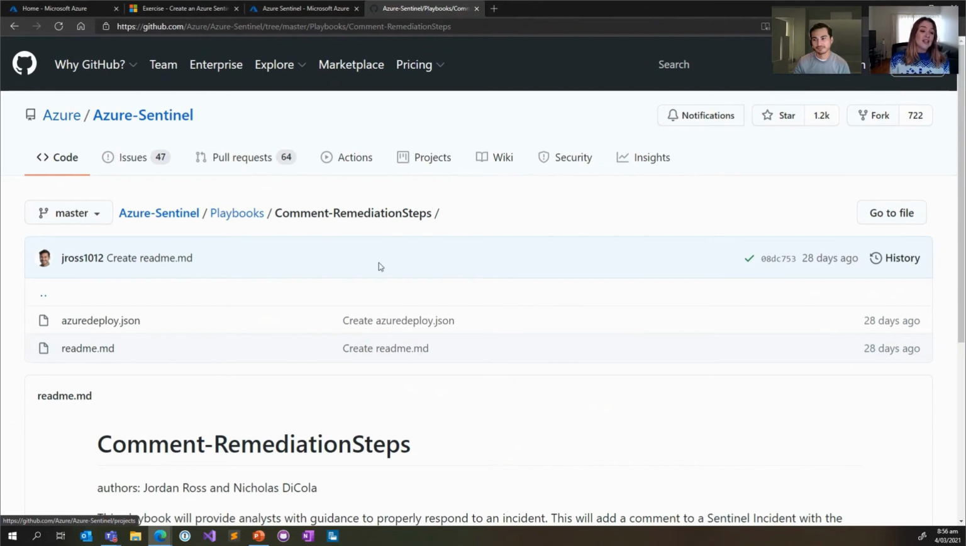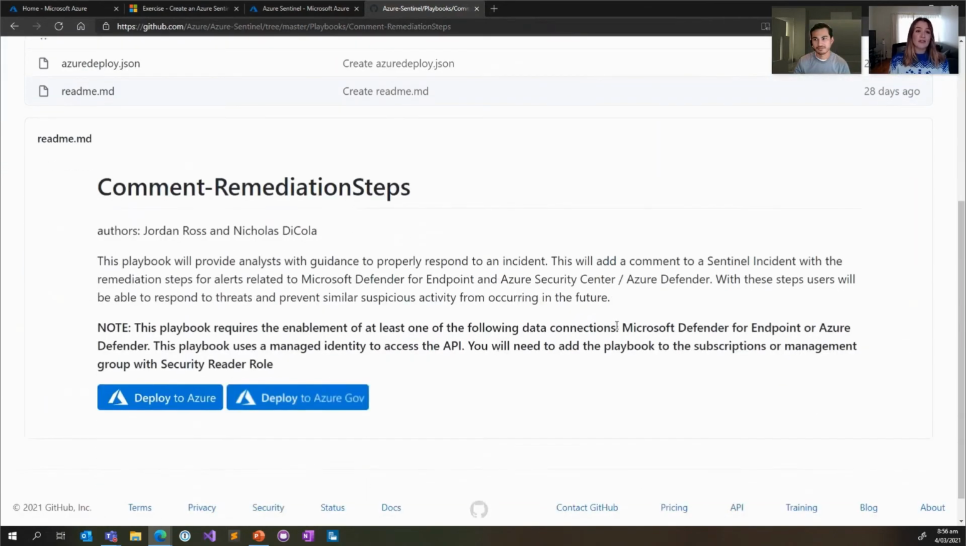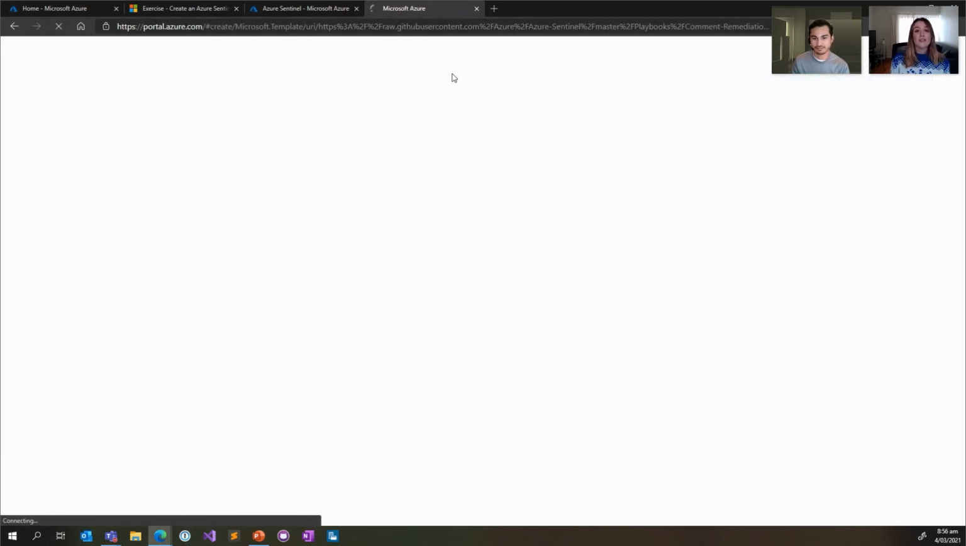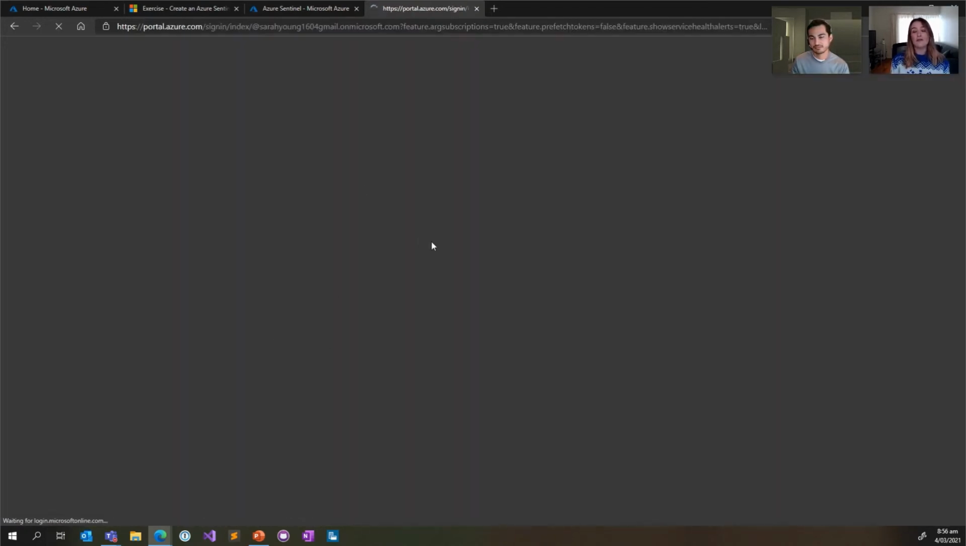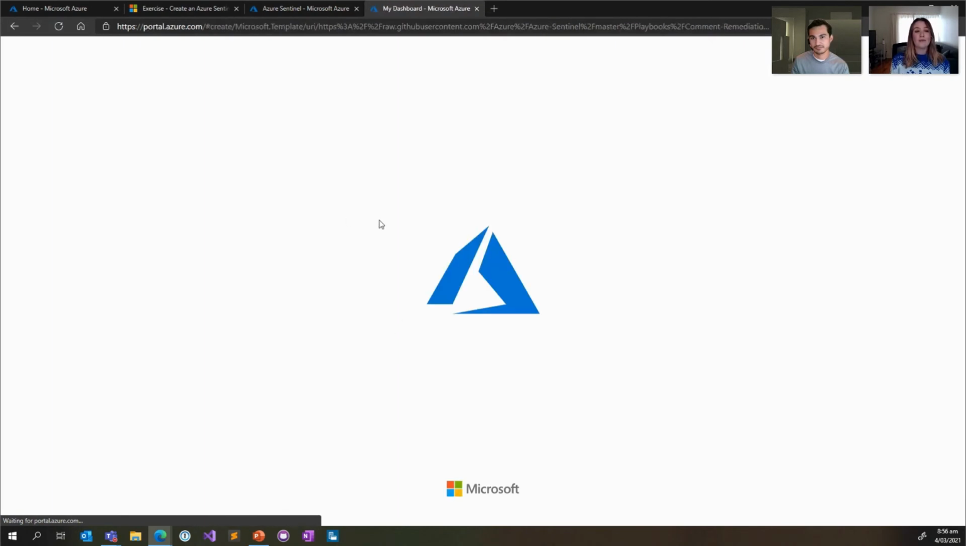Mm-hmm. And you'll see, if I just scroll down so you can see here, that every single playbook in this gallery will have an ARM template. So you'll see that button on screen here that says deploy to Azure or deploy to Azure Gov. If you click on that, just like I showed you when we were creating our Sentinel instance right back at the beginning of the session, it will take you to the ARM template and automatically deploy it. So if I click here on deploy to Azure for Jordan's, for example,